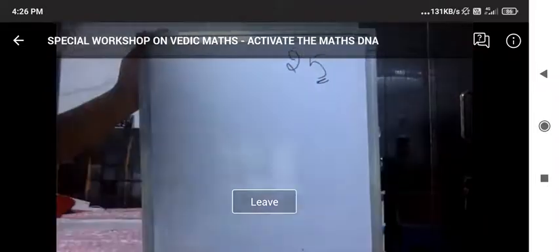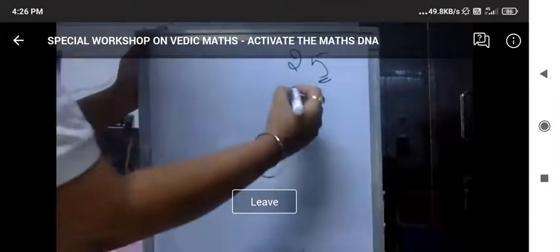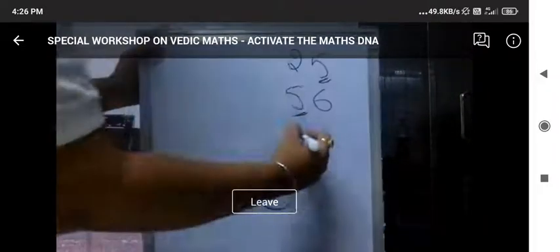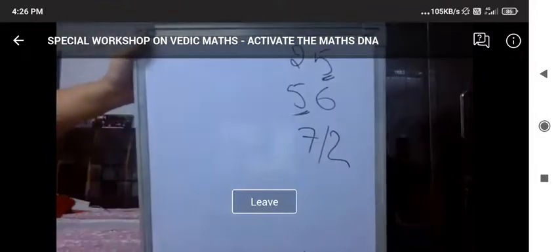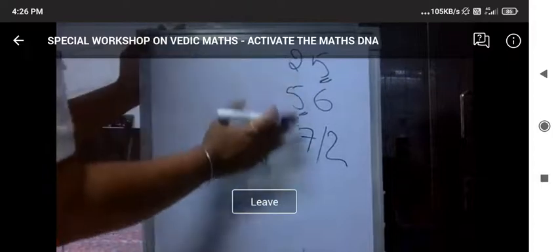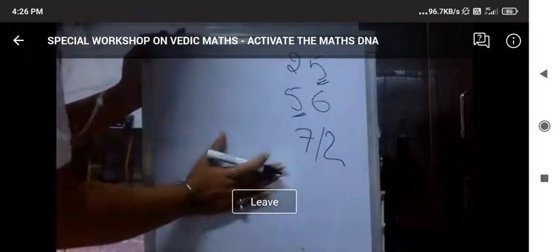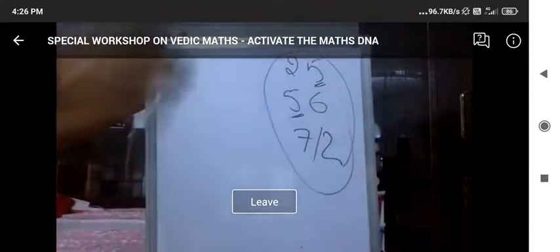I'll show you one more trick. Because when we talk about square, listen very carefully. When we talk about square, we have a number which is ending with 5, right? We have a number which is starting with 5. And we have a number in which 5 is not at all there, that is neither ending nor starting with 5. So these 3 sets of tricks, if you understand in square, you can take out any number's square.